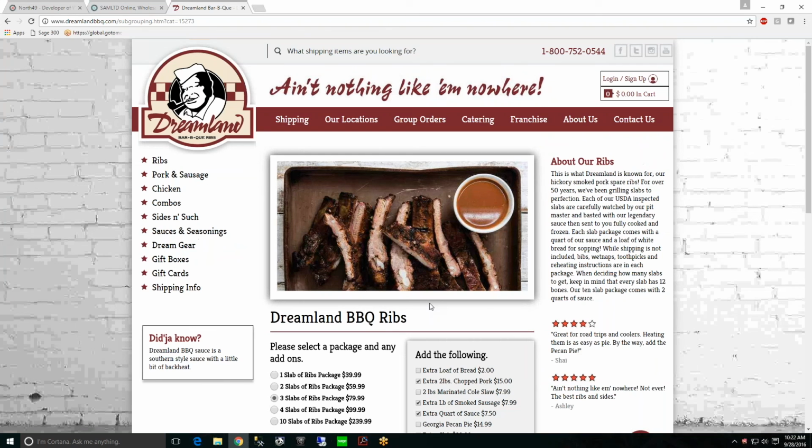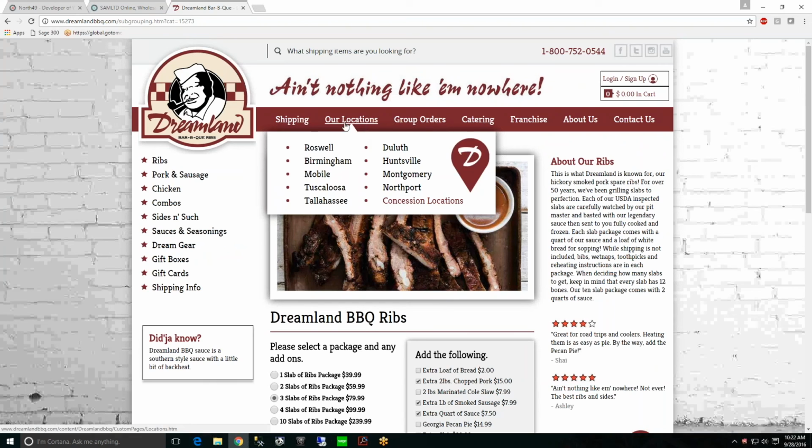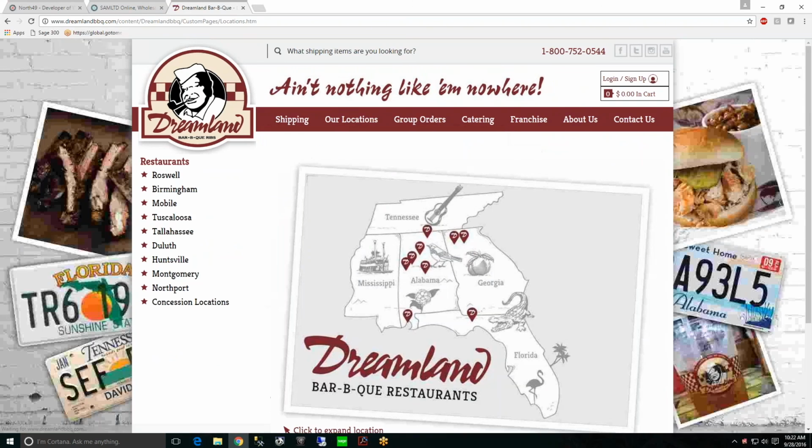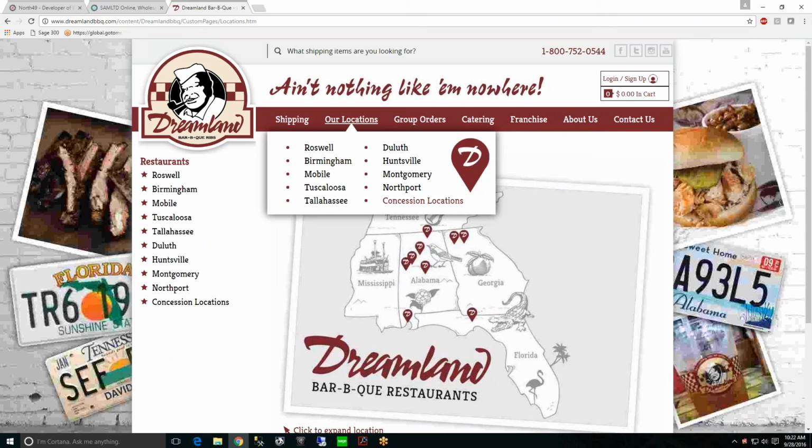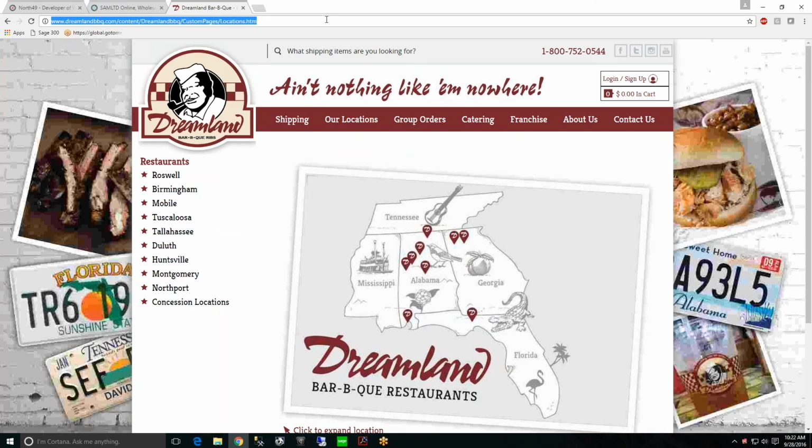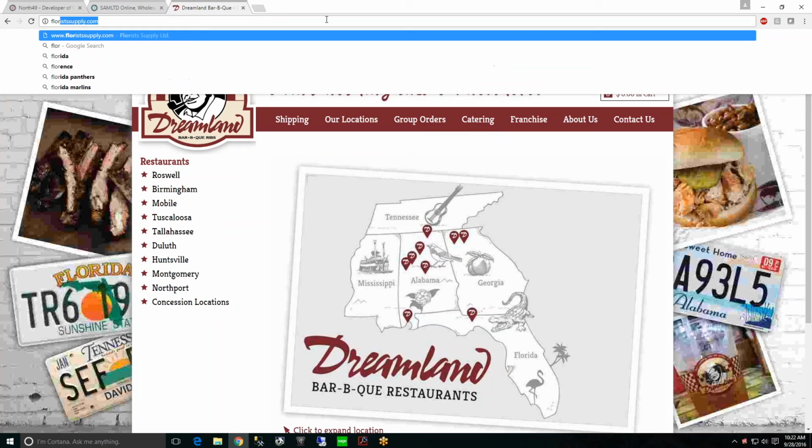So despite the fact that it's a very colorful website, in literally every one of its pages here is meant to reflect a sort of southern barbecue ribs atmosphere, the functionality behind this website is absolutely enormous. Show you another one. And this is a company called Florist Supplies, and so